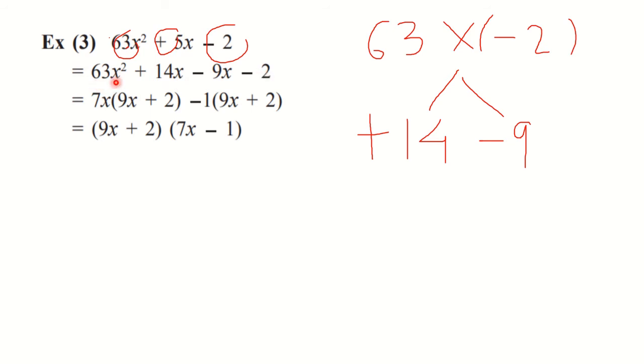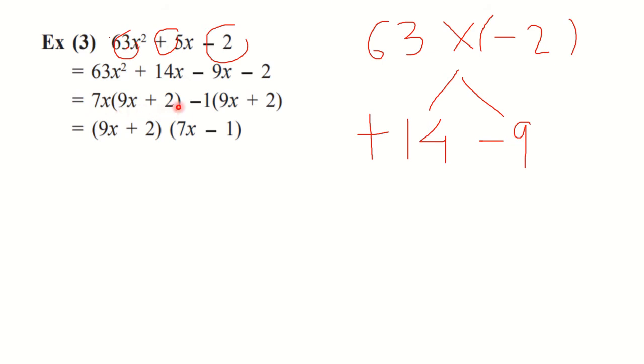Okay. So here you will observe that 14 and 63 are there in the table of 7. So 7 is common. Also the variable x is common. So take out 7x as common. Now from 63, if 7 is taken out as a factor, what is left is 9. So 9x is written here. Plus, you know that 7 2s are 14, so 2 is written. So when we take out 7x common from this, what are we going to get? 7x inside the bracket, 9x plus 2.